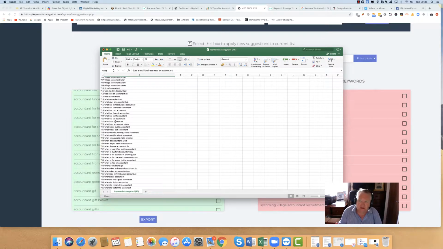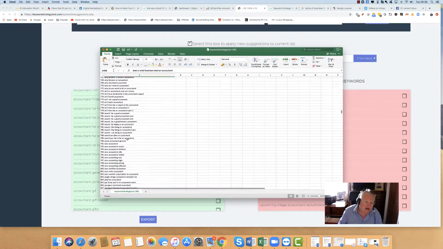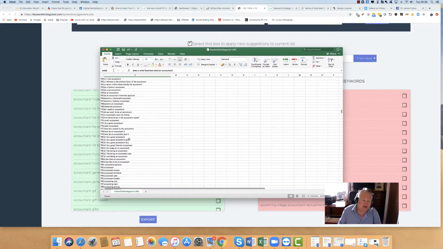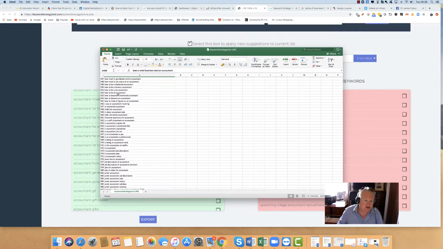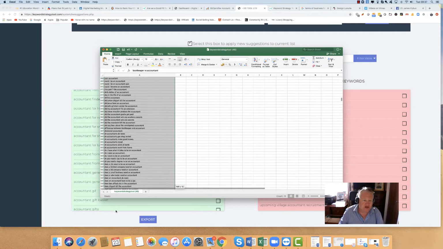There's 1 billion searches a day. 15% of those searches are actually new phrases and words that people are looking for. So there are a lot of questions: what is, when, where, who, why. These are all things that you could be answering for your customers. You can see the list there is quite long, so we're just going to take a random bunch here.